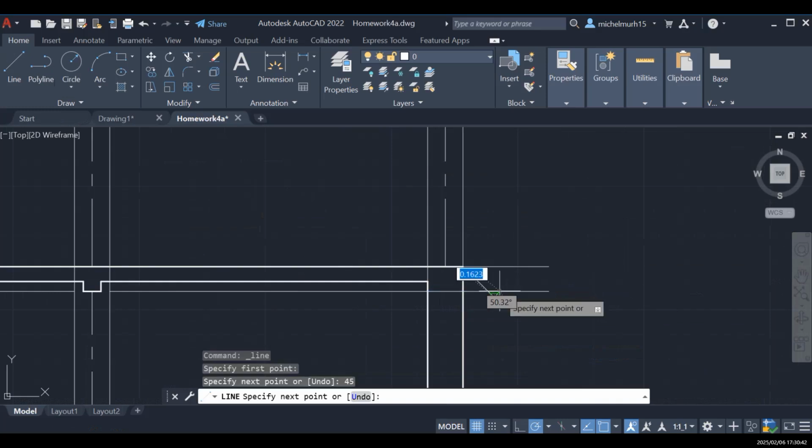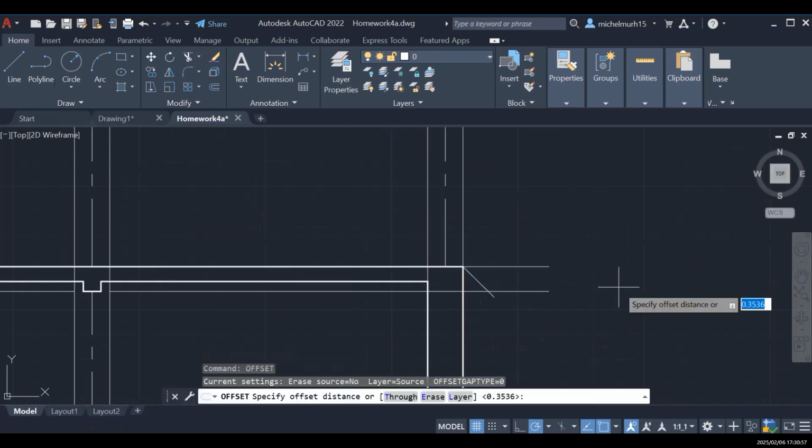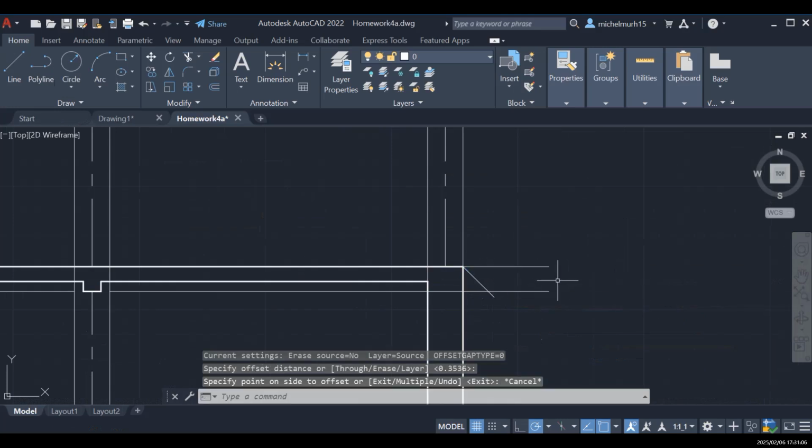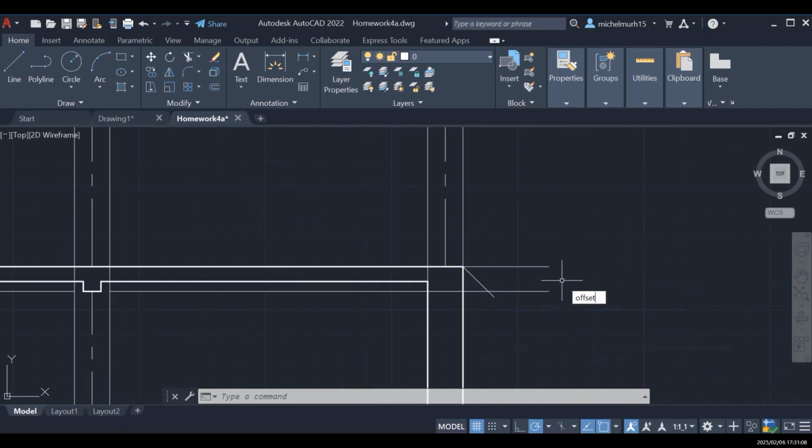I'm gonna click, okay, and then from here, I'm gonna select this one here, and I will use the same offsets that I've been using before. The offset that I was using before is of course 0.3536. Okay, press OK, and then I will do the same. Okay, select offsets,